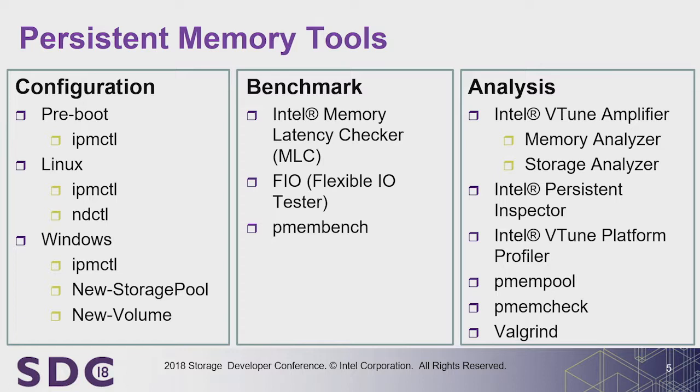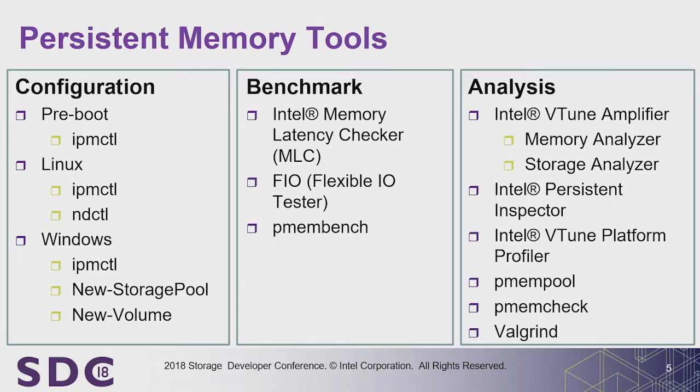From the analysis perspective, VTune Amplifier has been modified to enable for persistent memory. There's a new tool called Intel Persistent Inspector. Basically, what this helps is identify persistent memory programming errors. What that means is that Andy and others have talked about how flushing is important to make sure that the data is durable and has reached the power fail safe domain. So the tool basically helps you identify if there are missing flushes, if there are redundant flushes, or if there